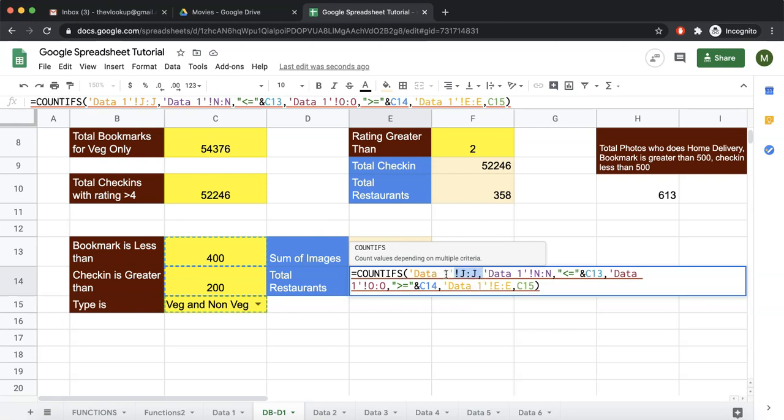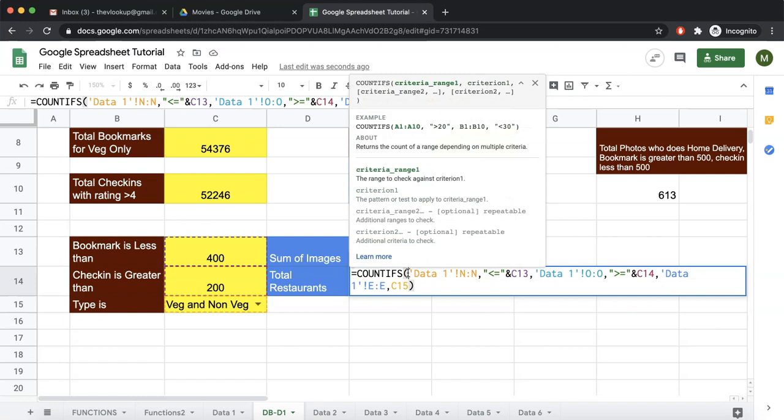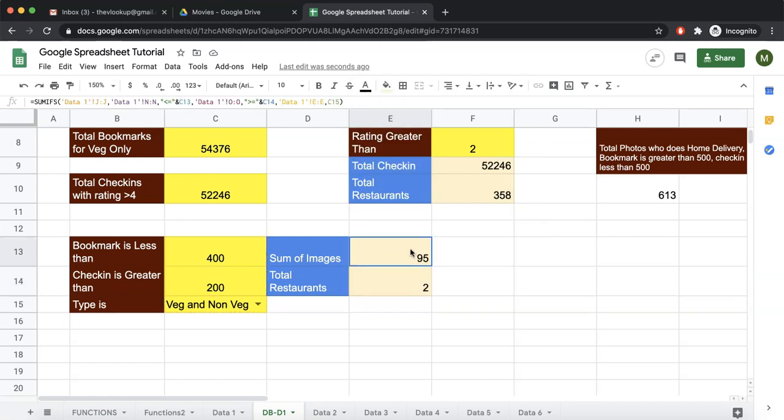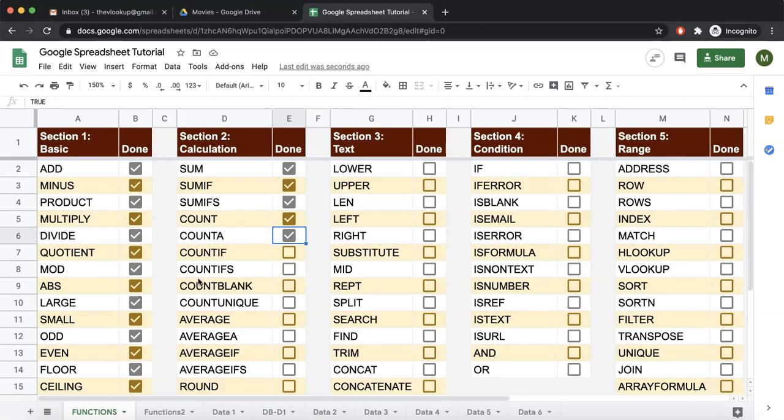So we can simply delete the first argument and the answer remains the same. Now we have converted the SUMIFS function to the COUNTIFS function. So as you see, SUMIFS and COUNTIFS are almost the same and have almost the same syntax. So with this we have come to the end of COUNTIF and COUNTIFS.